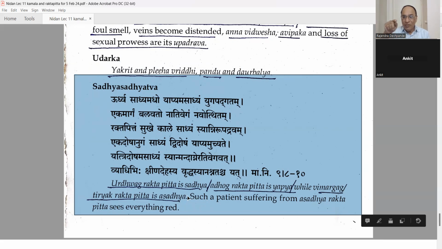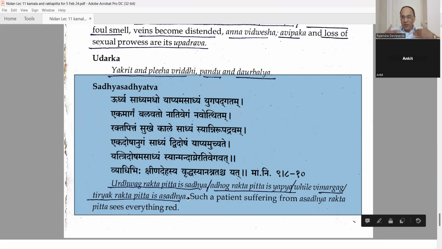If possible, write it down. There is 1-2 minutes for us. The Chikitsa of Raktapitta, the management of Raktapitta. The principle of management of Raktapitta is this one: Pratimargam cha Haranam. So when the person is having bleeding from the upward tract, Urdhva Raktapitta, treatment should be Virechan. Write down: for Urdhva Raktapitta, treatment should be Virechan.